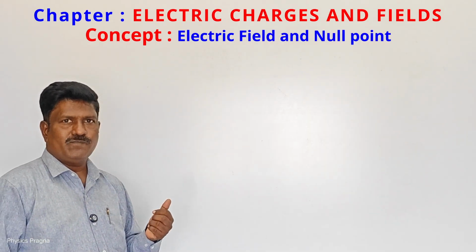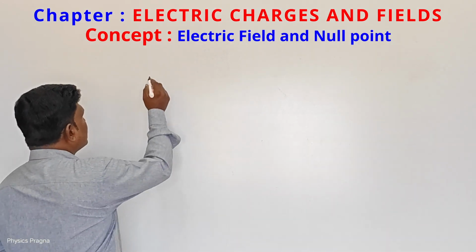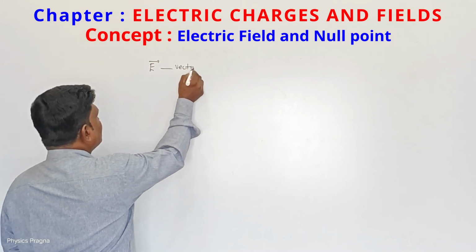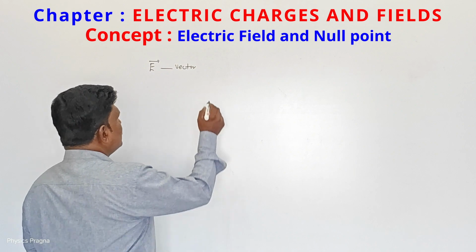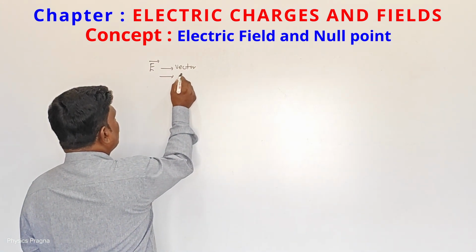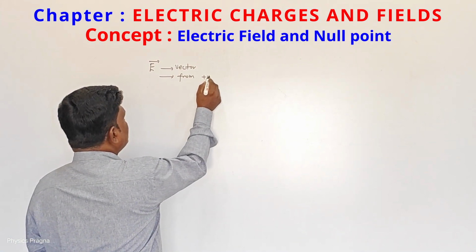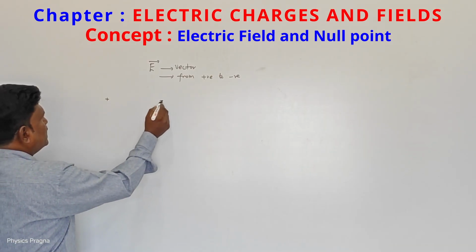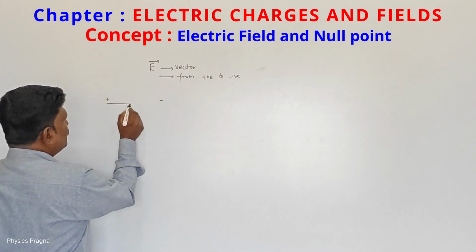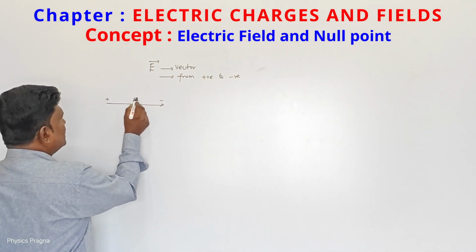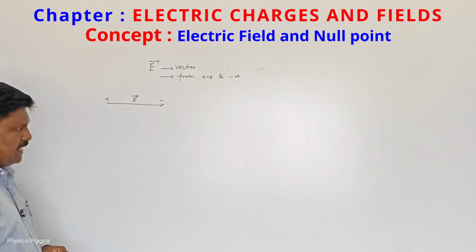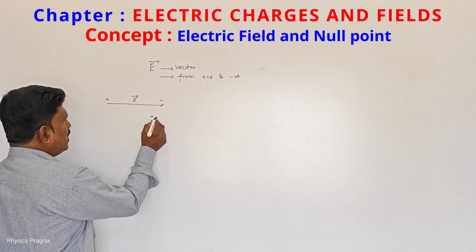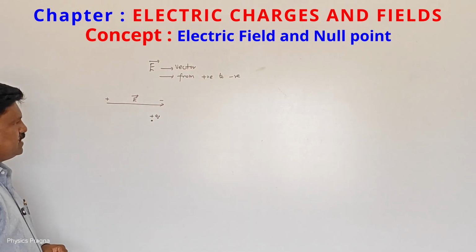The electric field is a vector quantity. So the direction is from positive to negative. If it is positive, this is negative, this is the direction of electric field. This is the electric field direction, plus to minus. In this field, if I place a plus charge, plus Q charge,